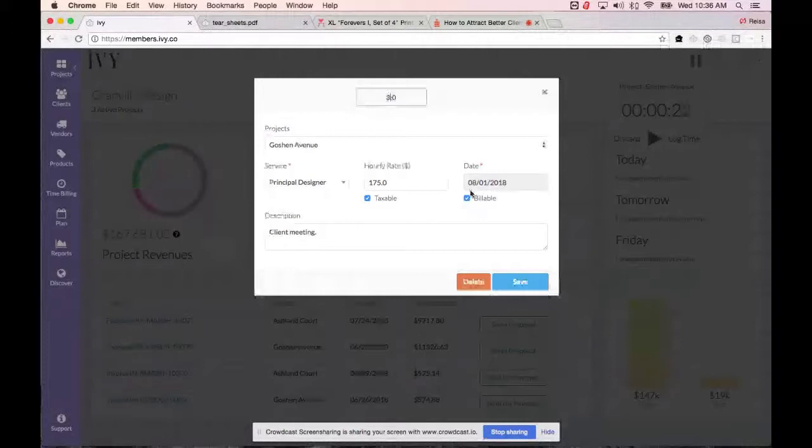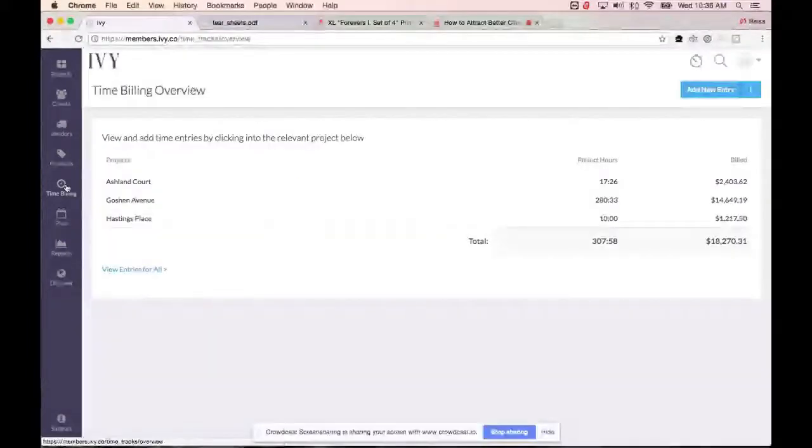Everything's organized. Again, you can do this on the go. Ivy is based in the cloud. The app right now just has time tracking and to-dos, but still it's something that you can be doing while you're on the go. And then at the end of the month, today's August 1st, hopefully everybody, quick and easy, it takes you a couple seconds to just click this button and generate